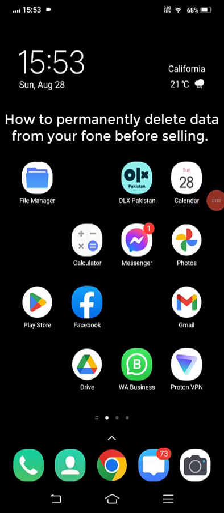Today our topic is how you can permanently delete your data from your device or memory card so that no